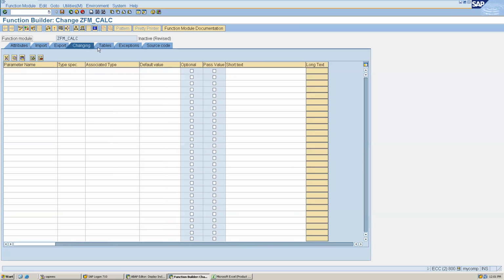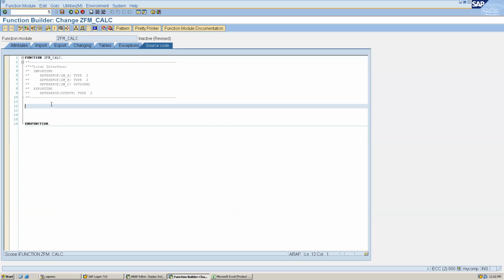I am not passing anything in changing as of now. Here in my source code, I am doing a simple thing: in the output variable, I am adding A plus B plus C. Now let me try to activate this.